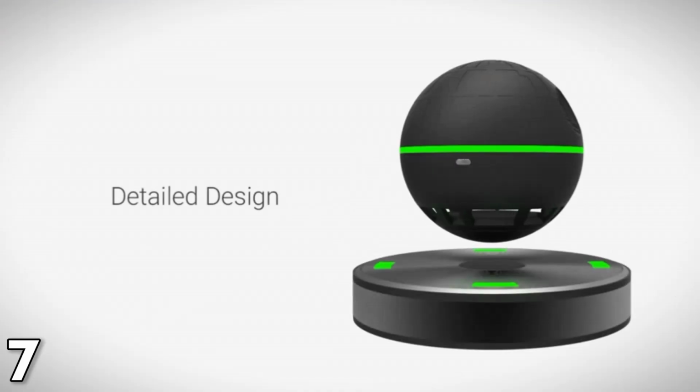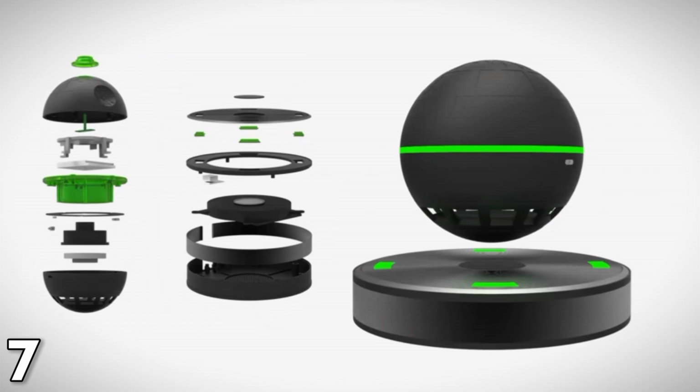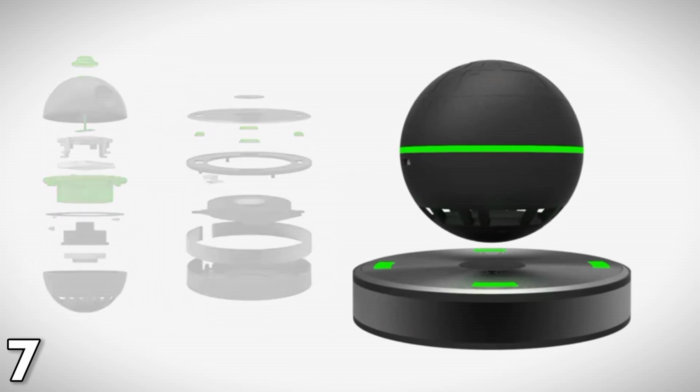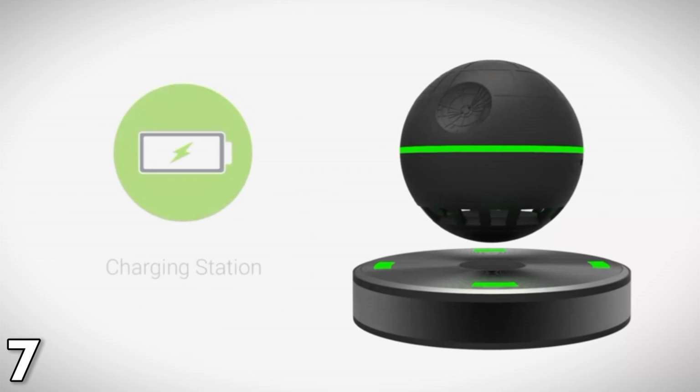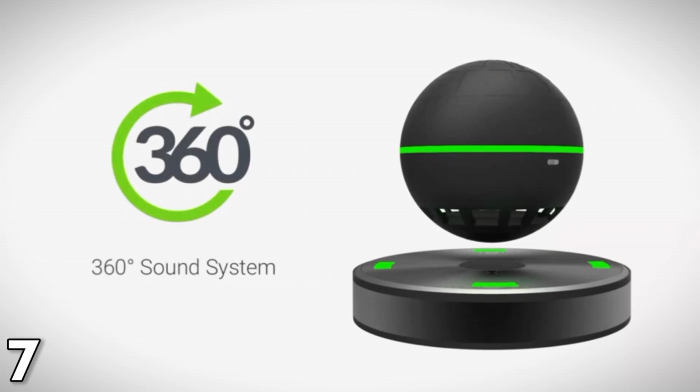Next, Arc Star Floating Speaker. This innovative speaker hovers above its magnetic base, creating a stunning visual display while delivering 360-degree sound that fills the room. With a powerful output of 8 watts and a frequency response down to 20 hertz, your music comes alive